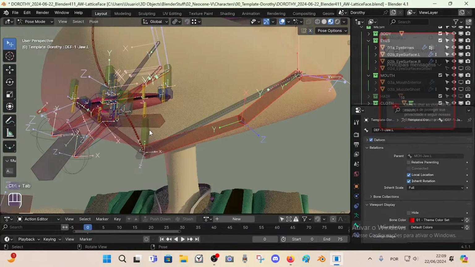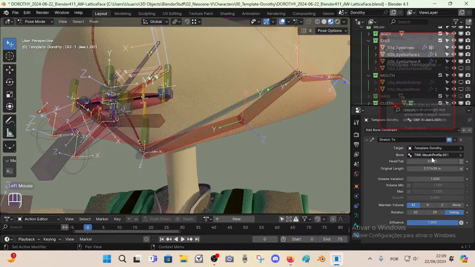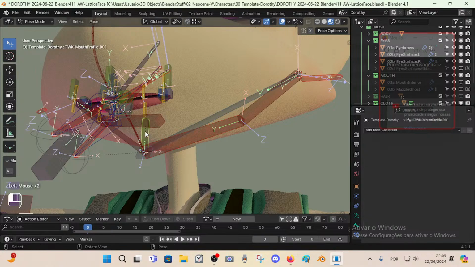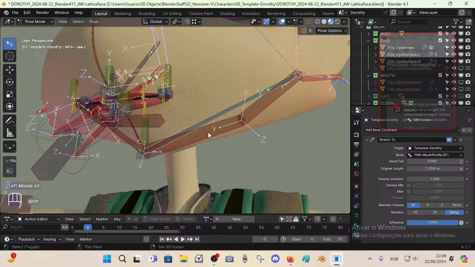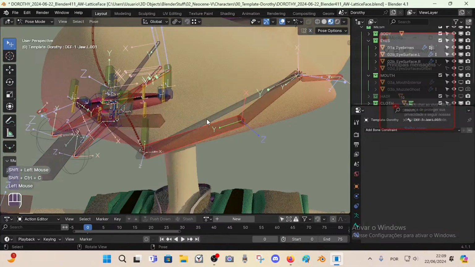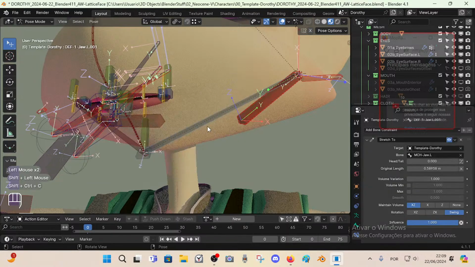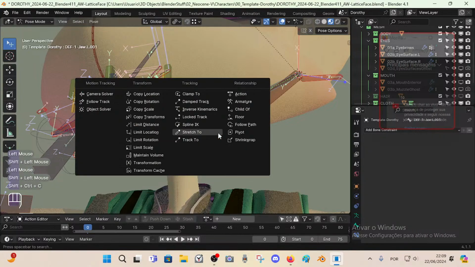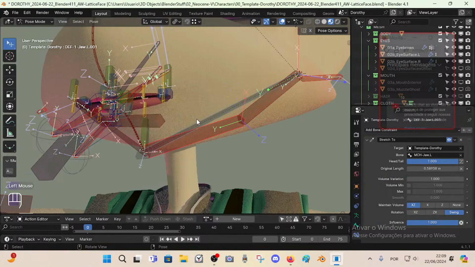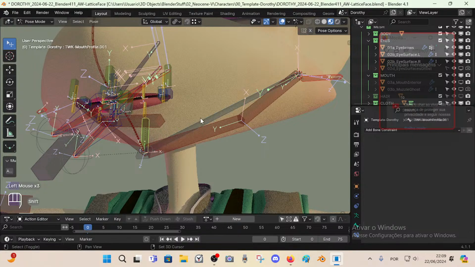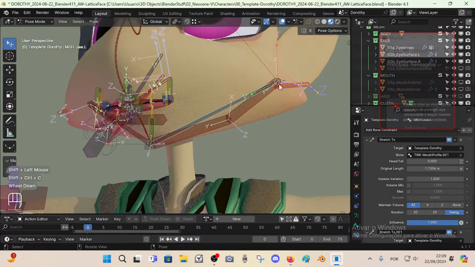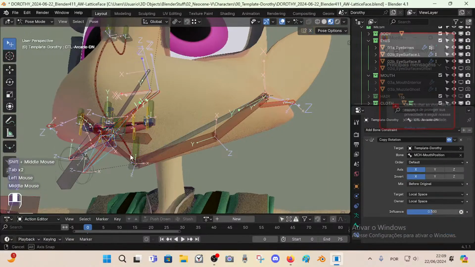Then stretch to, I can actually get this, so maybe this stretch to its tail, I mean, and this stretch to finally there. Alright, and then if I pose here now,